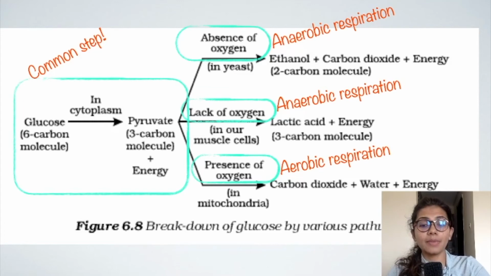Okay. So in the mitochondria of the cell, aerobic respiration happens, and in this, pyruvate is converted into carbon dioxide, water, and more energy is released. It is worthy to note that the most amount of energy is released in aerobic type of respiration. Right? So these were the common pathways by which glucose is broken down or by which respiration occurs.